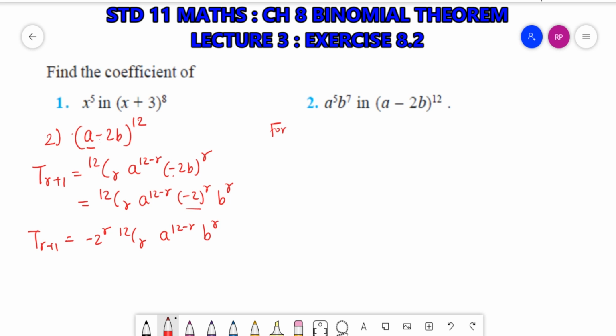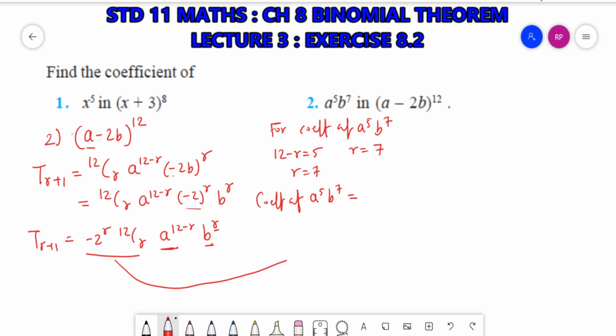So for the coefficient of a raised to 5 b raised to 7, what is the power of a here? 12. See, this is the coefficient. Now a raised to 12 minus r, I want a raised to 5, so 12 minus r must be equal to 5, and b raised to 7, here the power of b is r equal to 7. 12 minus r equal to 5, that implies r is equal to 7. So the coefficient of a raised to 5, b raised to 7 is (minus 2) raised to 7